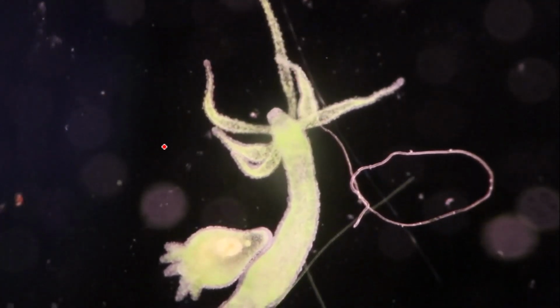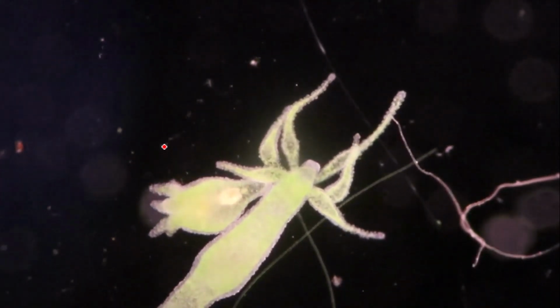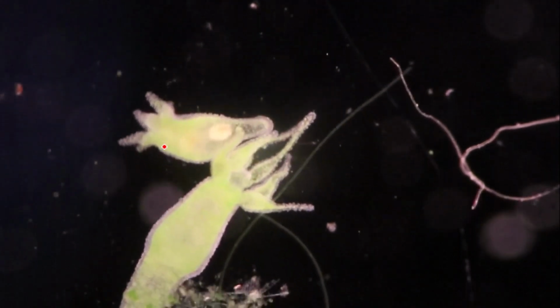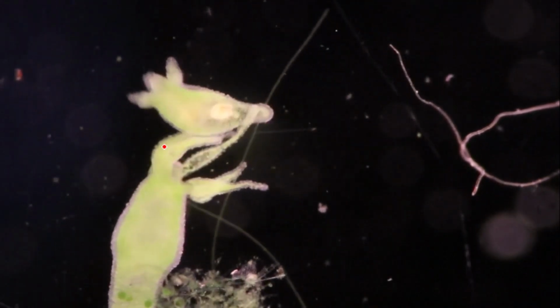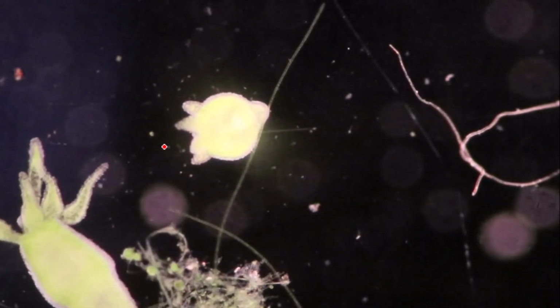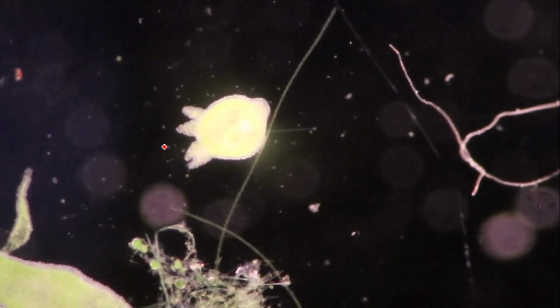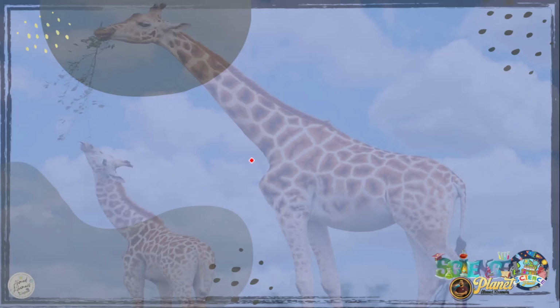And in this lesson, we'll learn how to compare asexual and sexual reproduction, how to identify the advantages and disadvantages of each type of reproduction. You will also learn how to describe the different methods of asexual and sexual reproduction. By the end of this lesson, you will be able to apply the concept of asexual and sexual reproduction.